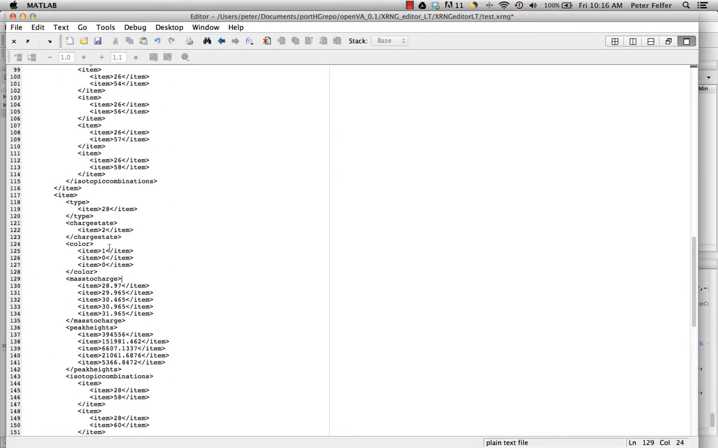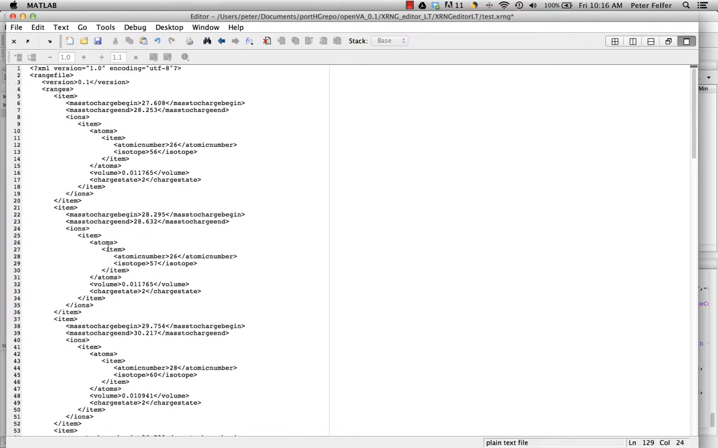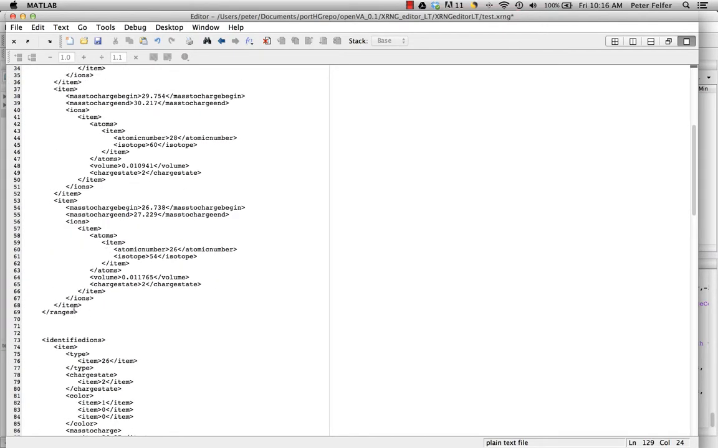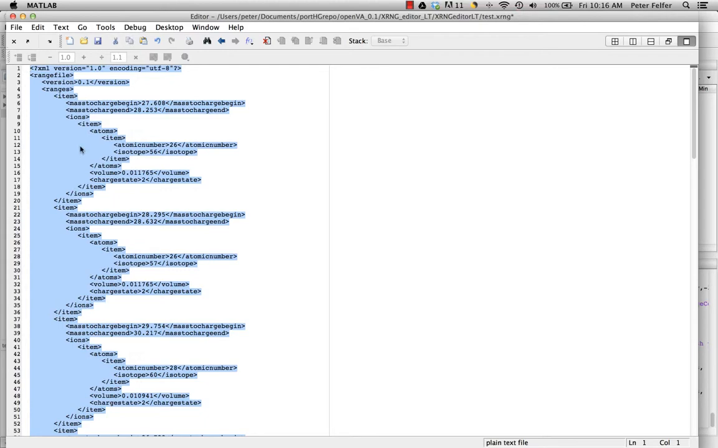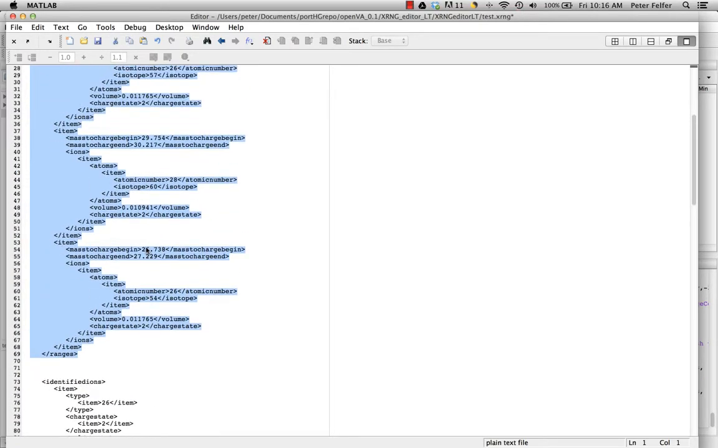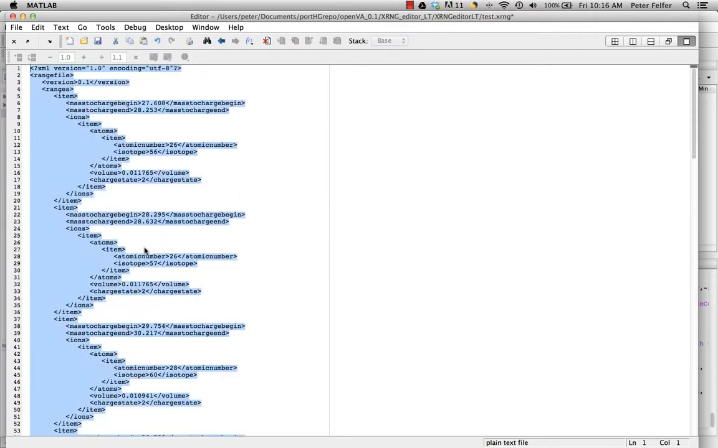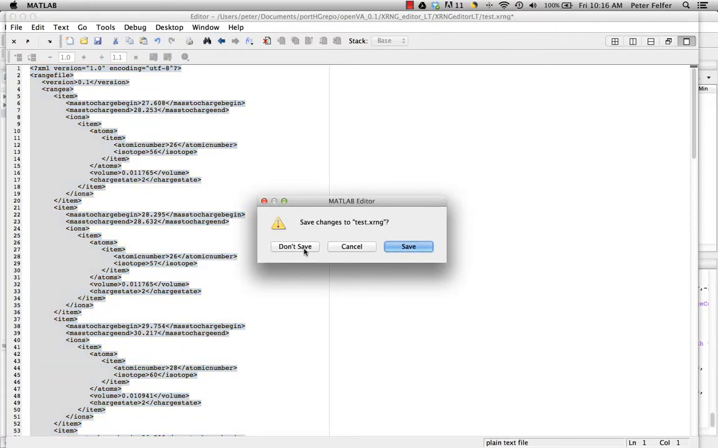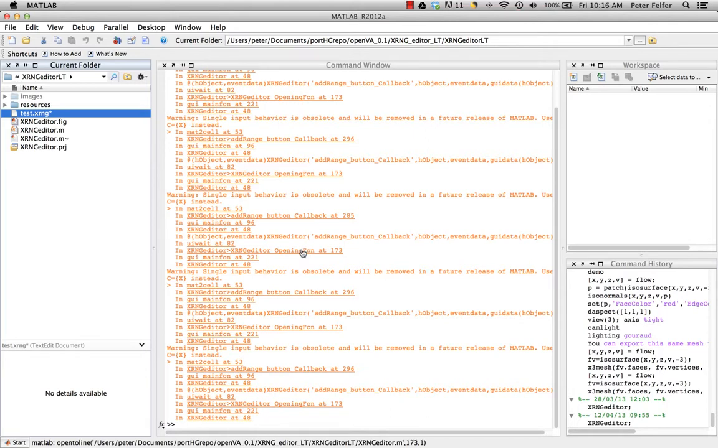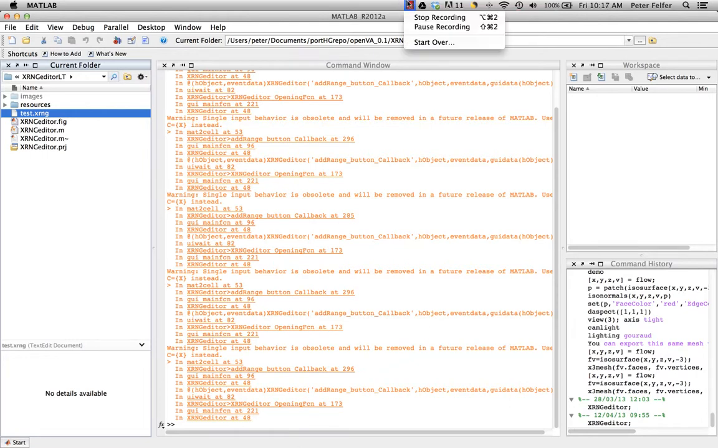And that's pretty much it. That's all that's in an XRNG file. For the analysis, really, because deconvolution is not really implemented yet, that's what this is actually targeted for. You will actually only need that, but we don't have to deal with that anyway. So that's it for the XRNG editor. I want to save that. Oh great, that's what happens if you update the MATLAB version. So anyway, that's it for